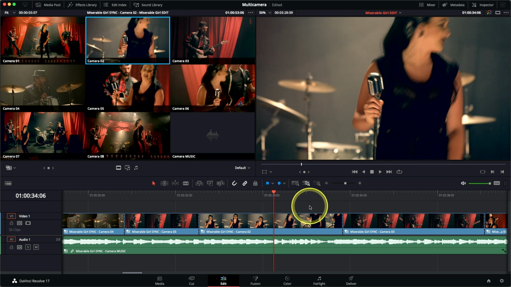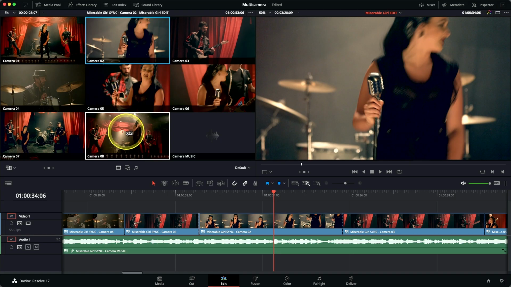I'm just going to park the playhead over the multicam angle that I actually want to switch. I'm going to go with a wide shot of the whole band here, so camera angle number 8. Now, if I just simply click on this angle, it will add an edit point. However, if I hold down the Option or the Alt key, when I look at the mouse, you'll see it's switched into what appears to be a replace edit symbol. And what this will do is simply switch the entire angle,